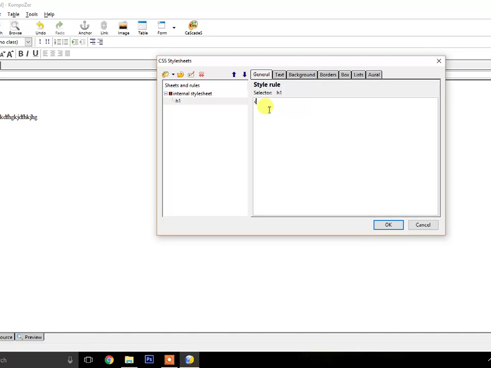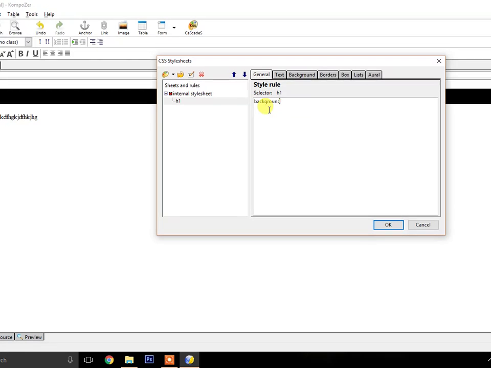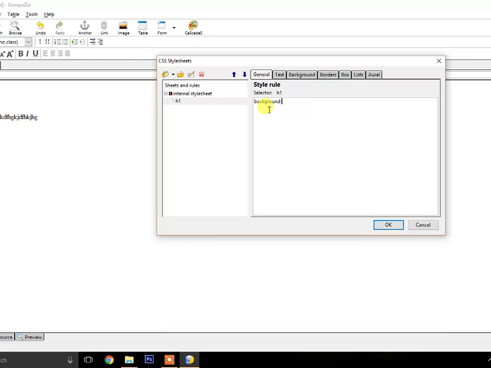Or if I want to give a background, it is going to be a background red. Or you can even write background-color colon red. This is one and the same, but we don't have to write anything. This is just like what you write in curly brackets. I think you are getting me.